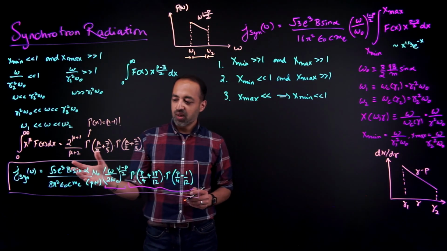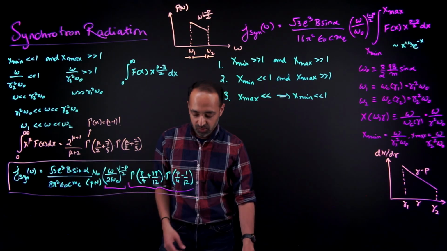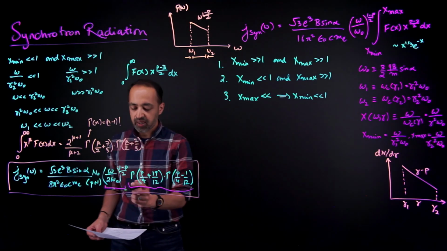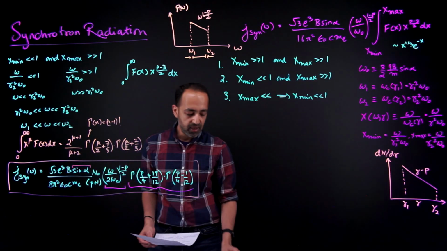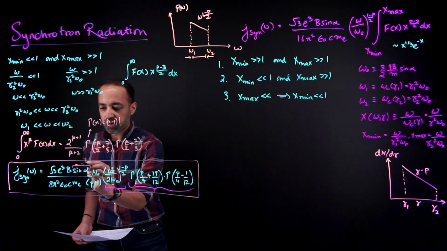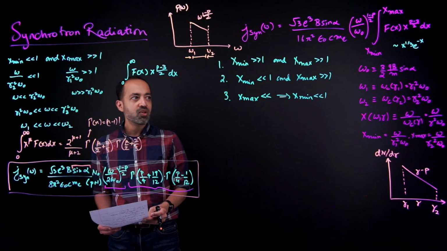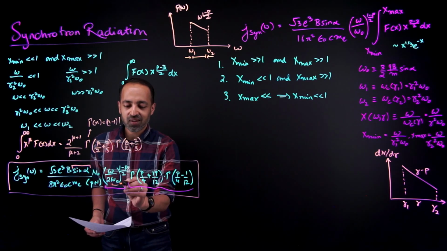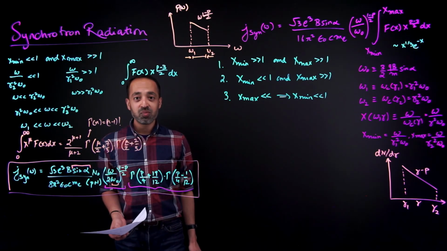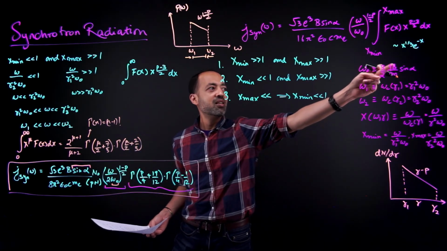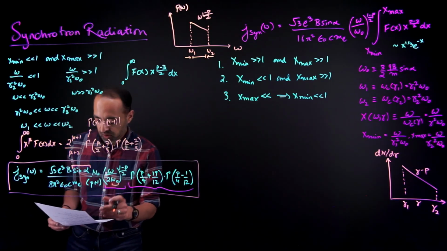Okay, so the next thing we're going to do is integrate this expression over pitch angles, and we're interested to know what depends upon alpha. Of course there is explicitly a sine alpha in here, so this obviously depends upon alpha. But another thing that depends upon alpha is this omega naught. It was nice having the omega naught, but we're now going to have to break it apart into its constituents, which is 3qB over 2m, and then sine alpha. And so when we integrate over alpha, we're going to have to do